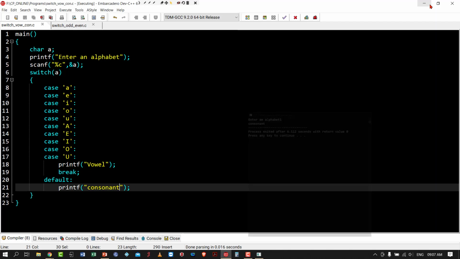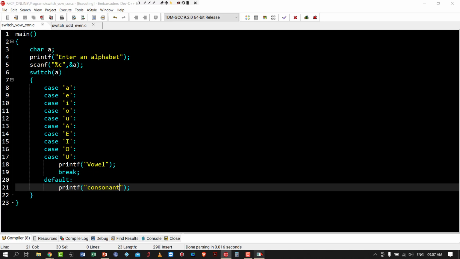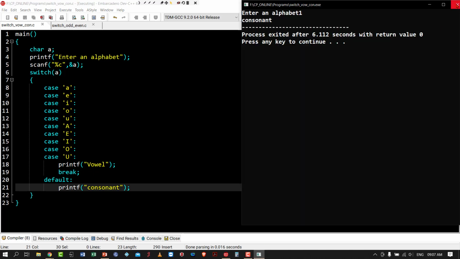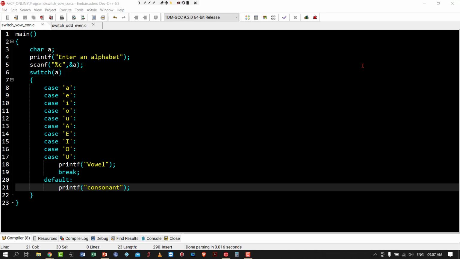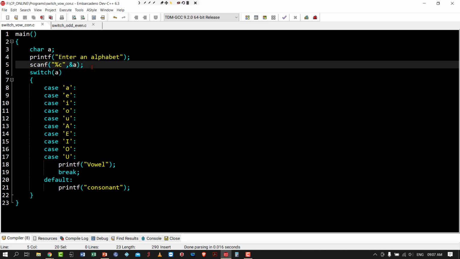So it is actually a wrong output. 1 is actually not an alphabet. So here I am going to make some modifications, then I will explain it. So we have to make sure